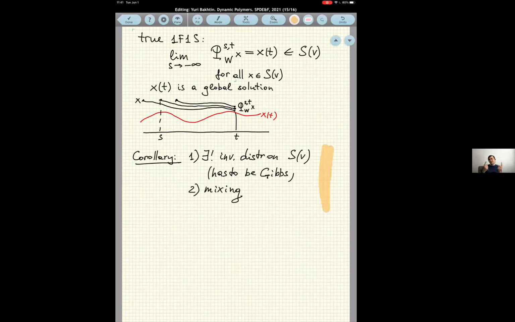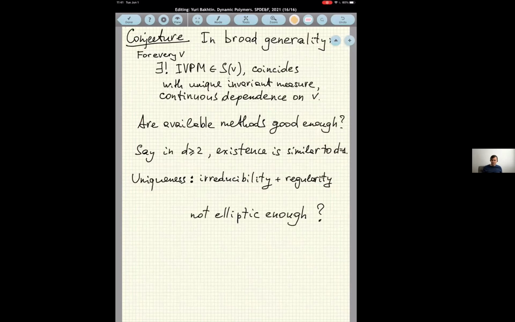Because all these trajectories, they do the same thing. So asymptotically, they converge to this global solution. So that's a hand-waving argument why the invariant distribution has to be unique, and so it has to be Gibbs, because Gibbs are invariant. That's easy to prove in this case. And the same argument essentially proves mixing. So this is my last slide, and